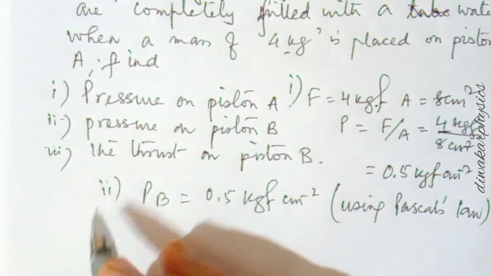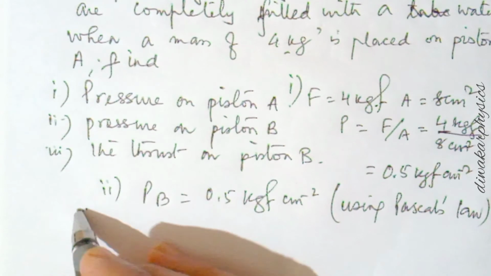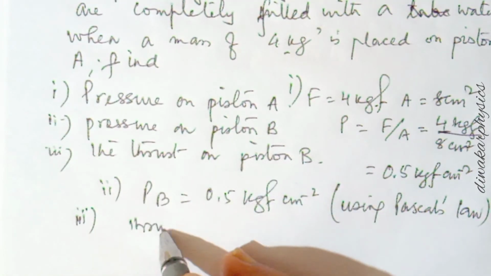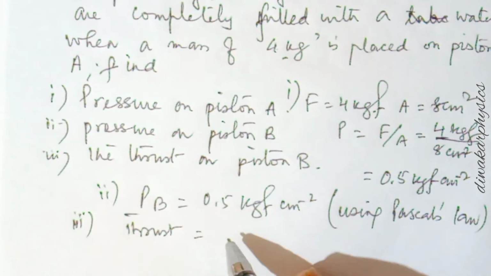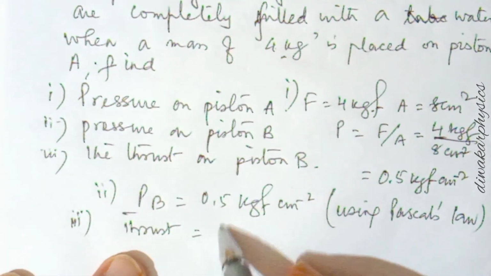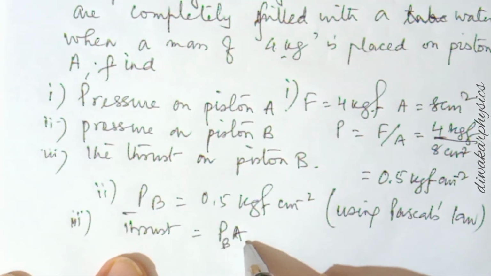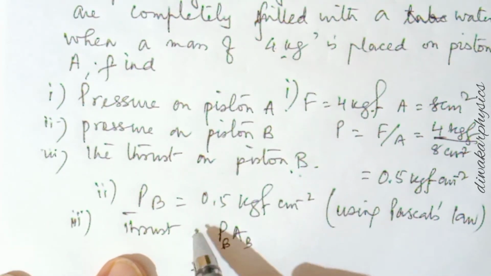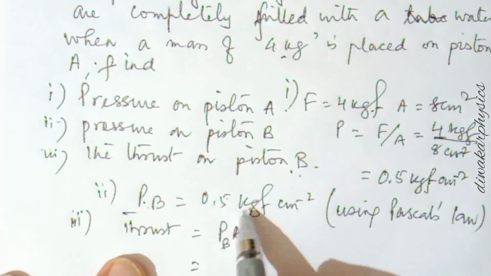And third part, thrust on piston B. So thrust is equal to, with the thrust formula, force is equal to pressure into area. Pressure of B, area of B, because they are asking for B. So what pressure is acting on B? Just now we have seen 0.5